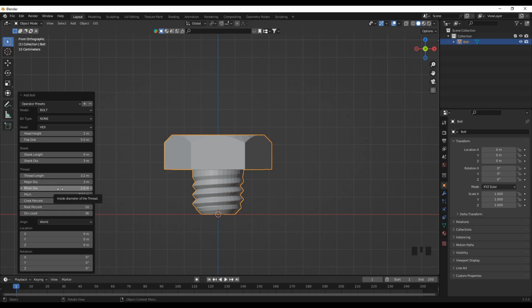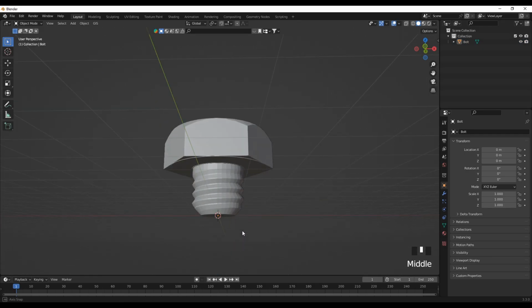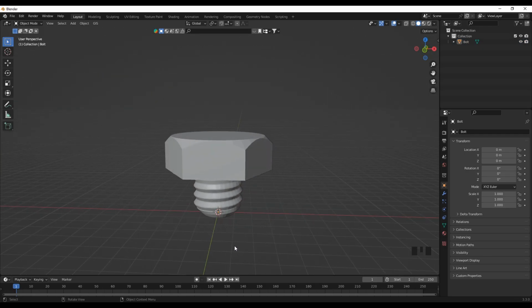Okay, let's see what else we can change. We can change the diameter also, somewhere like this. Yeah. So just experiment with this and then you will get the desired result. For now, I will leave it at this. Okay. So the next thing we need to do is to put the glass lamp here, but we need to